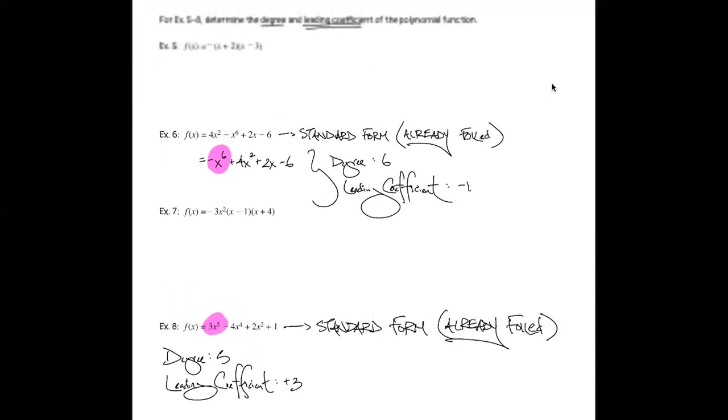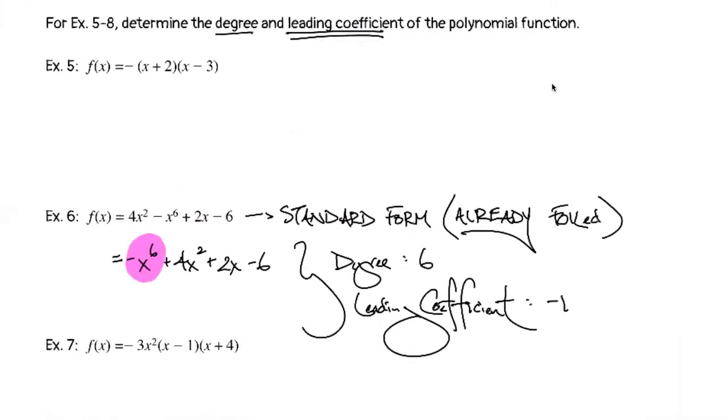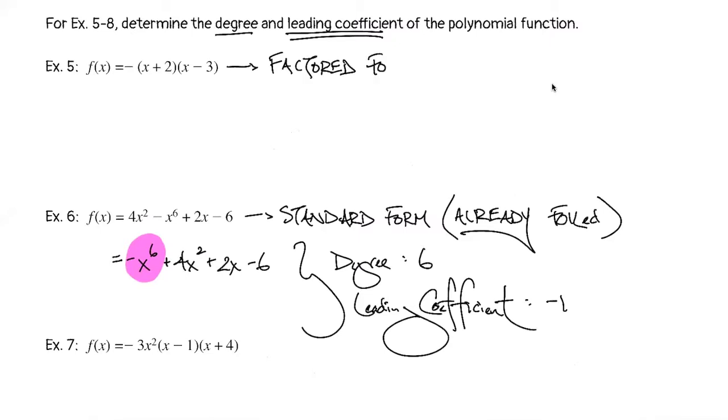Now, let's look at the other two examples. So let's go back to number 5. This one is in factored form. That means that it is not foiled. If you were to foil,